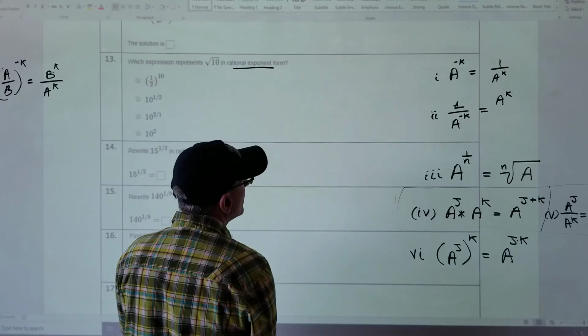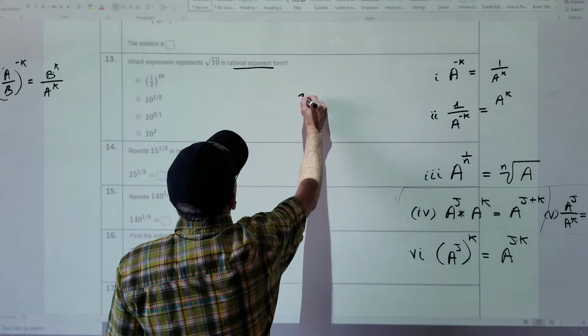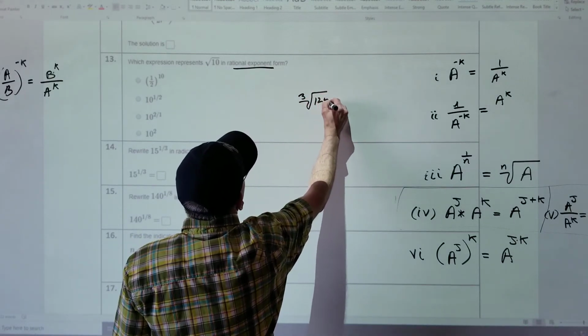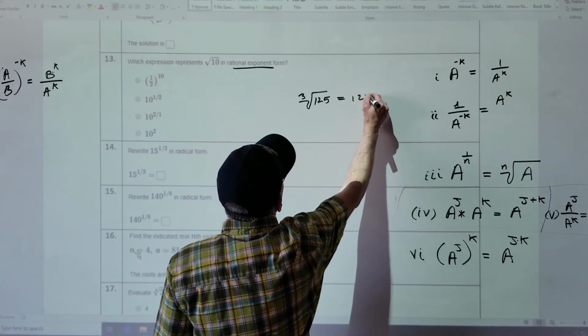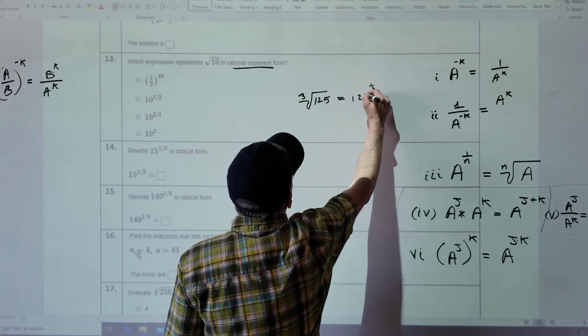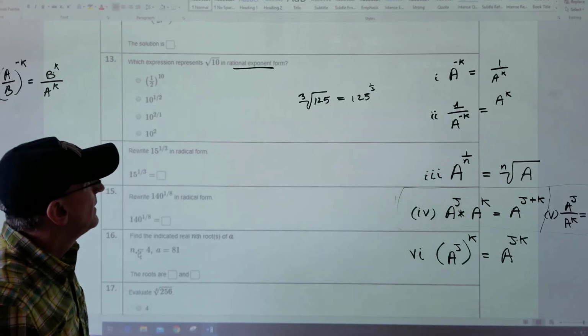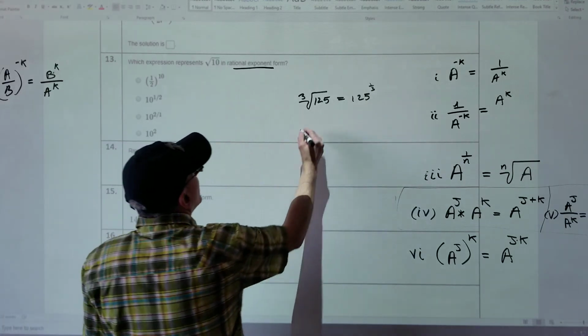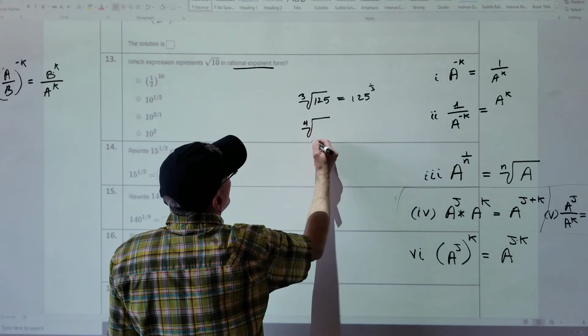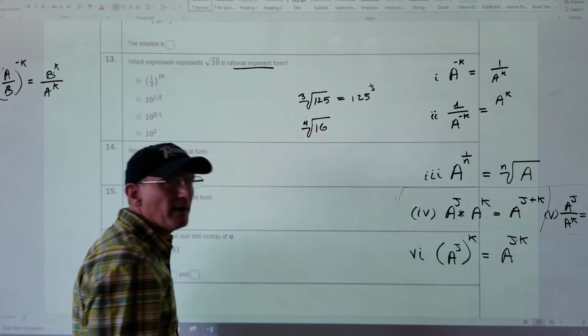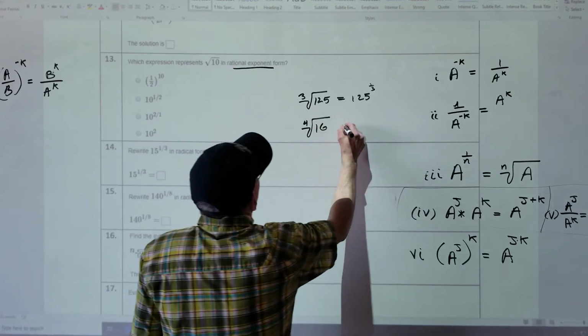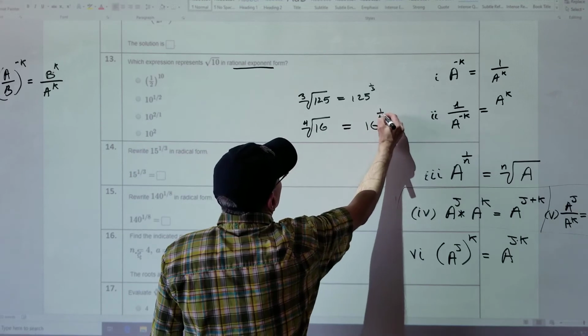So remember, in the previous video, we had things like cube root of 125 is the same thing as 125 to the 1/3 power. Remember that? Here's one we didn't do in the previous video. The 4th root of 16, the positive 4th root, can be computed on a calculator as 16 to the 1/4